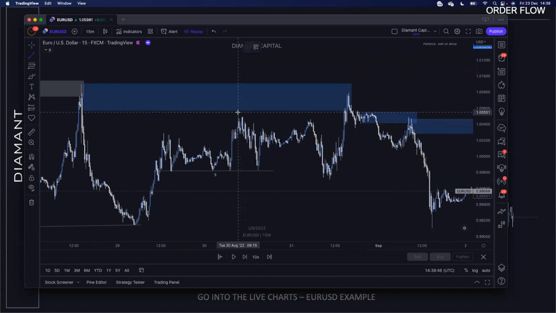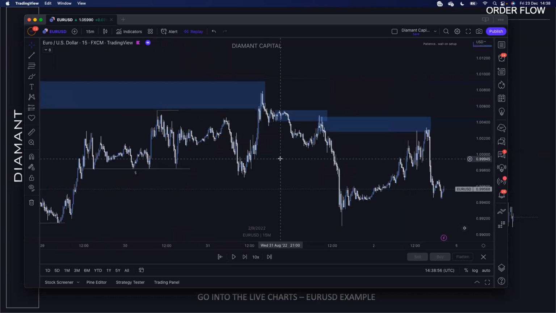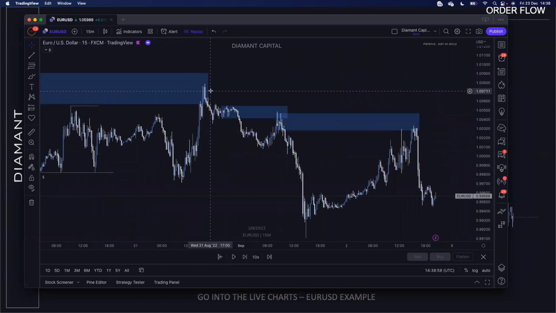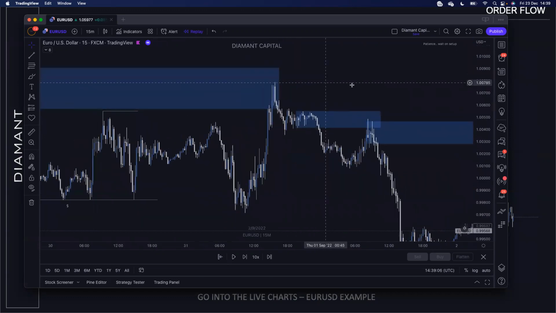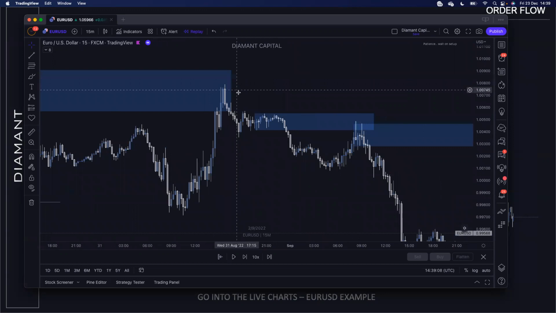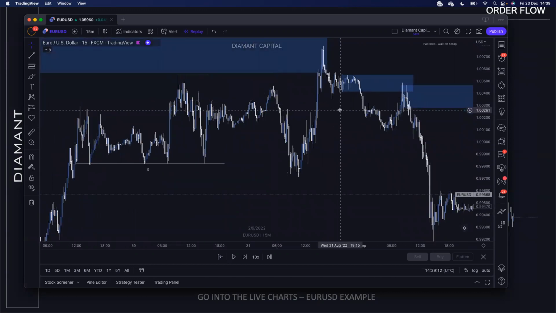First of all, we've taken out liquidity. As you can see, this buy side liquidity right here, we've taken that out, and ran into the second mitigation type of trade. So that's all good. Now, what we're waiting for once we get here is price action to give us an indication that we're going to be looking for sells. So as soon as we get that change of character down at an appropriate level, and to be honest, I would say